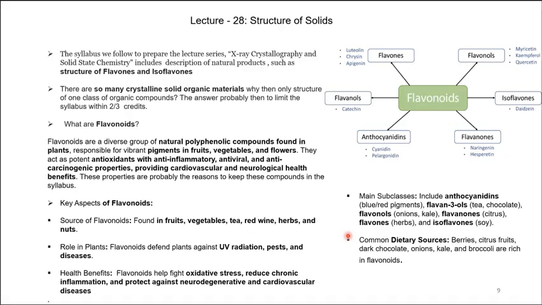And in these slides, you can see that we talk about flavones and isoflavones. Flavones and isoflavones are natural products, and this syllabus has only one single class of compounds, flavones and isoflavones, to be described